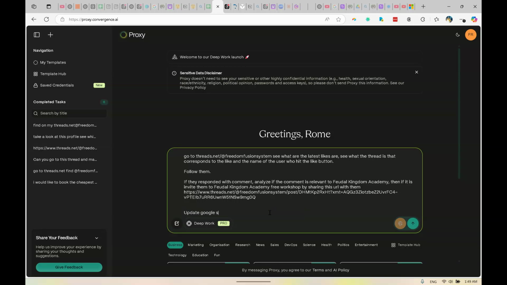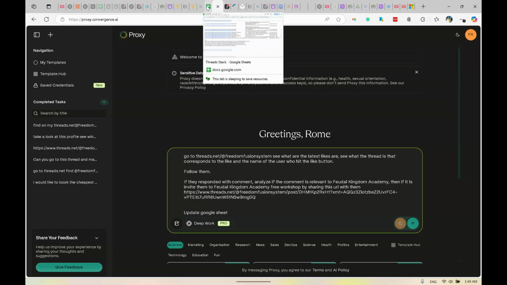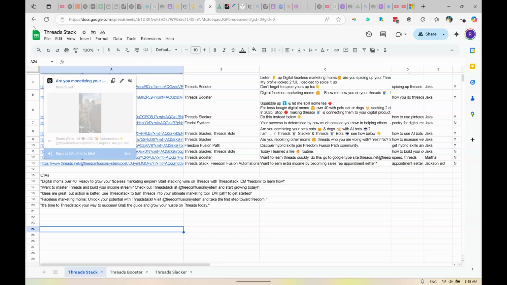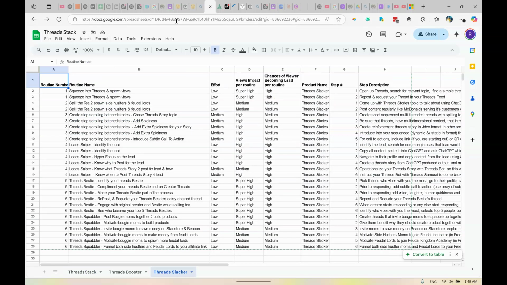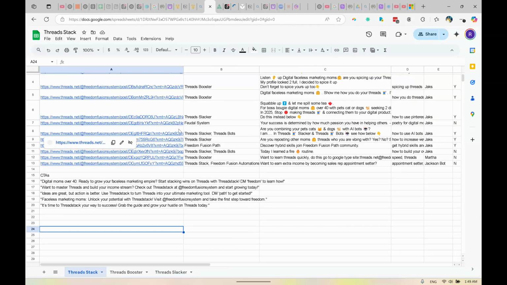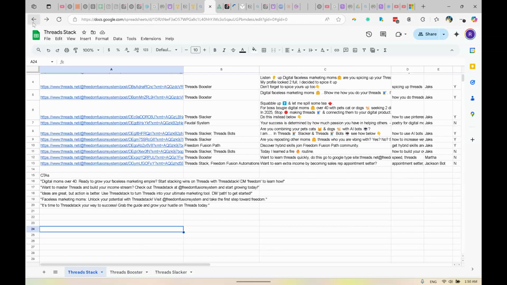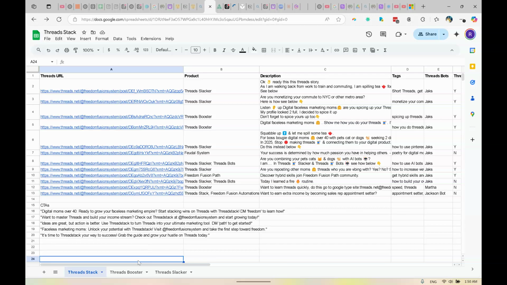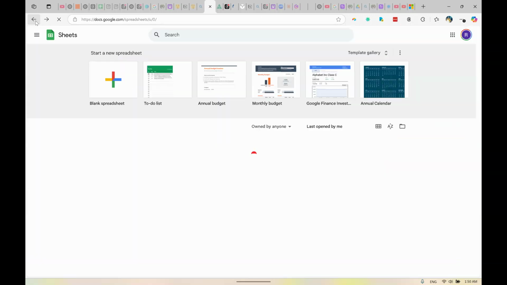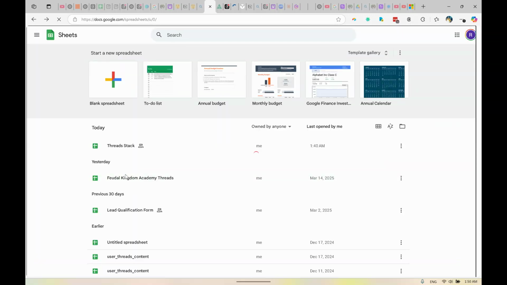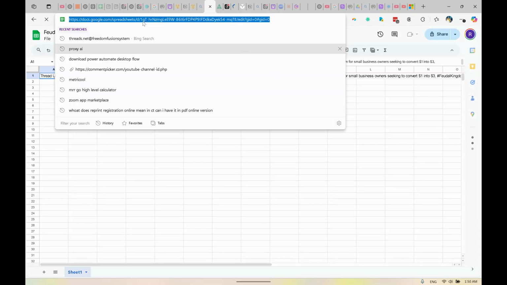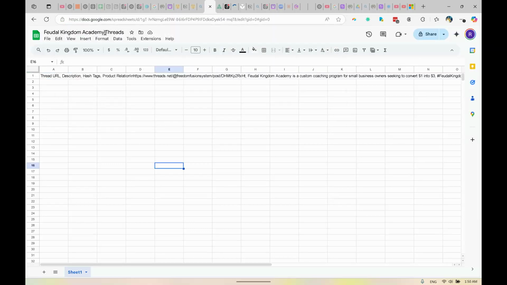Update Google Sheet. Take a look at threads stack. Let's see. And I'm gonna show you guys the routines as well that I'm referring to, but let's take a look at thread stack, Feudal Kingdom Academy, Feudal Kingdom Academy threads,